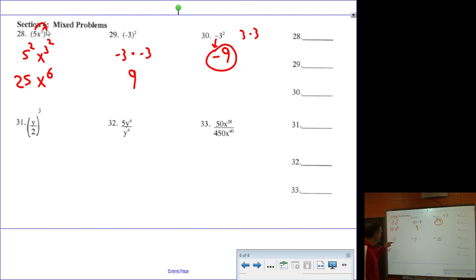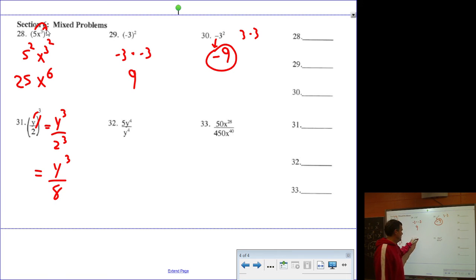Number 31, I need to apply this 3 to each thing. That gives me y to the 3rd over 2 to the 3rd. And if I want to go ahead and apply the 2 to the 3rd, I would get y to the 3rd over 8. In number 32, I just need to reduce the y's. I have 4 y's on top and 4 y's on the bottom, so when I cancel them out, they all go away. And I'm really just left with 5 over